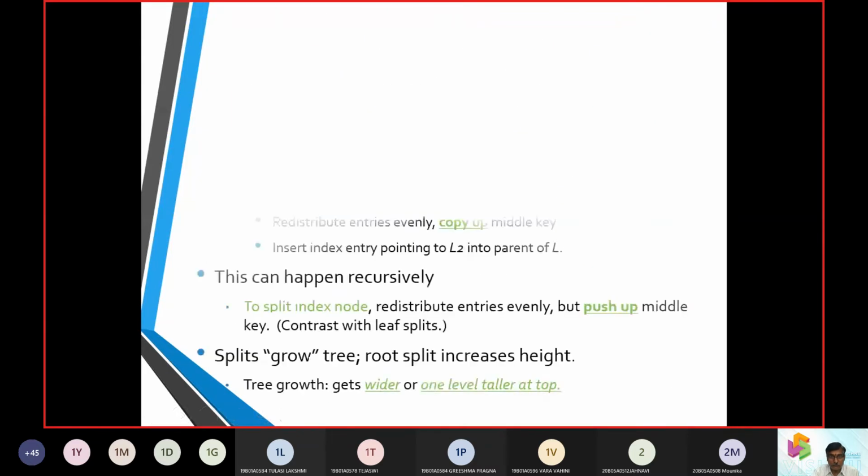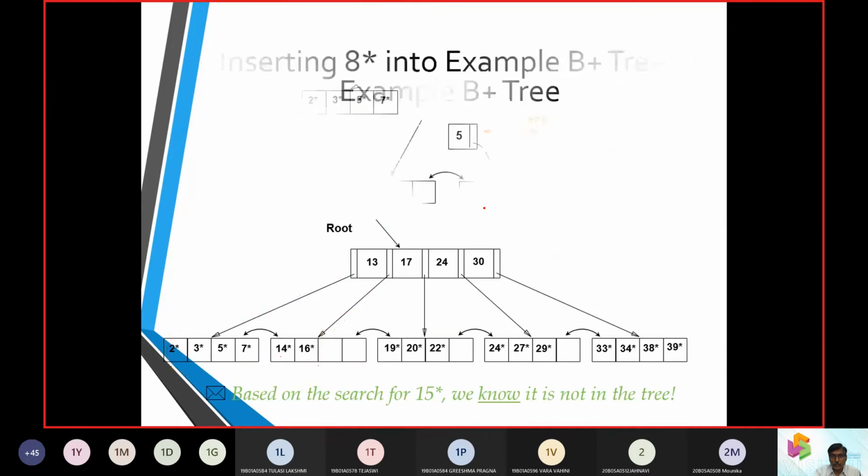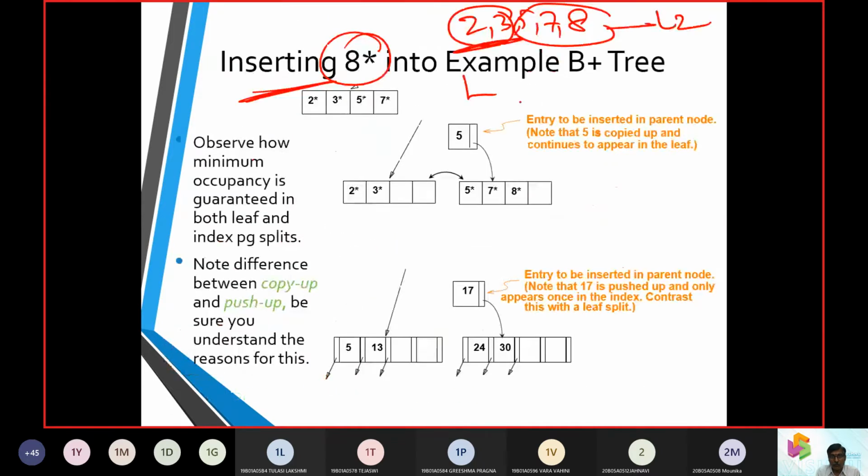We have done it because of this algorithm. Find the correct leaf L, then if there is space, very good. If there is no space, then you have to split and redistribute. There is no other option. So now we have 5 entries, 2, 3, 5, 7, and 8. Now we are going to split it.